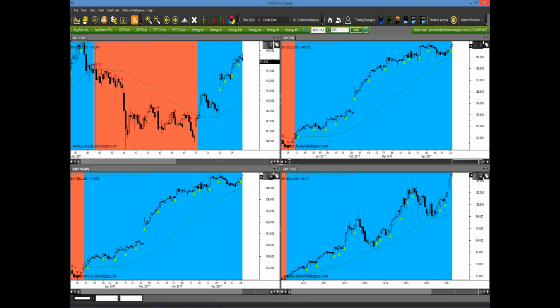And these are all here for educational purposes to help you make your own decisions. Remember, these are not systems. These are not strategies. Each one should trade differently. In other words, some traders like to trade them conservatively, so we give you different entry points. Some traders like to trade aggressively because they want to get in and out more. They want more action, so we give you aggressive entry points. Some traders like to get in and out quickly because they don't have a lot of time, so we give you different variables for exiting. Some like to stand and get as much bang for your buck, so we give you different exit points. That's the beauty of what we teach here.